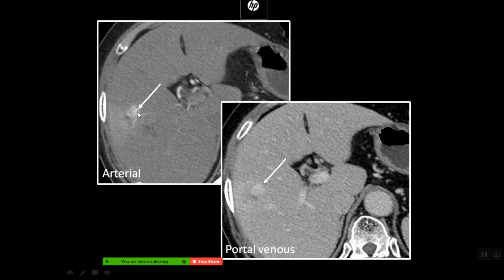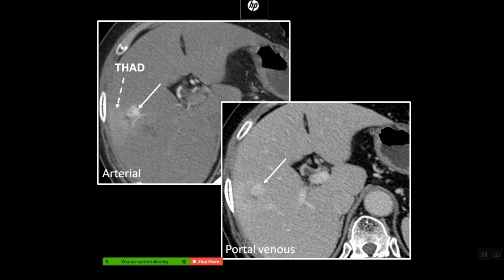So it's enhancing nodular enhancement on the late arterial phase, remains iso to the aorta on the portal venous phase, right? And you can see a small THAD, right? So that's because of the vascularity of the lesion, right? So small THAD may be present, but that's not necessary, right? Often they are even smaller than this. This is a very obvious big one, but often they are like 4-5 millimeter enhancing nodules, and then they won't